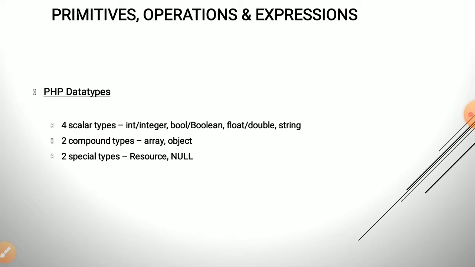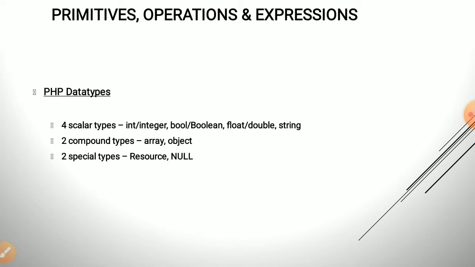So first one is integer type. Integer type represents whole numbers, and in most cases this is 32-bit in size. This integer must have at least one digit, no decimal point, and it can be a positive or negative integer, and it can represent decimal, hexadecimal, octal and binary numbers. And second one is boolean. Boolean has two possible values. It represents binary, and the two possible values are true and false.